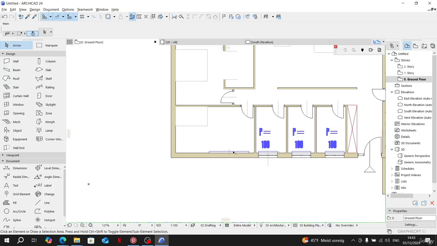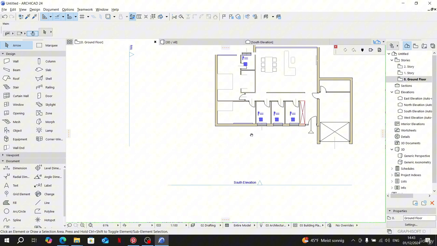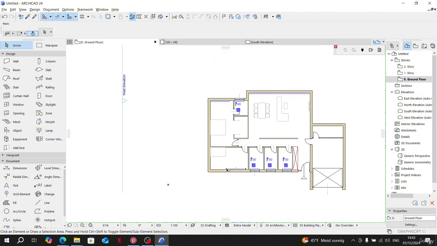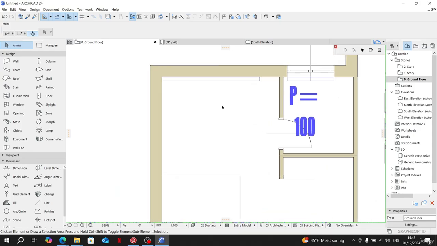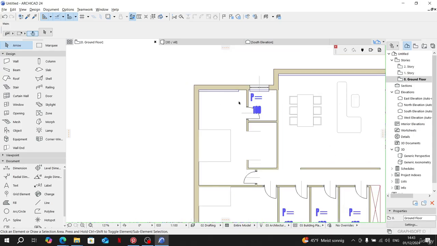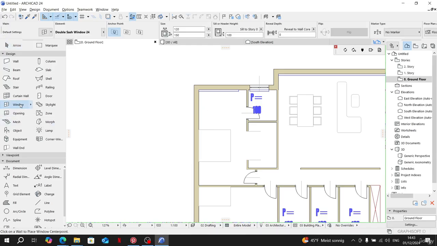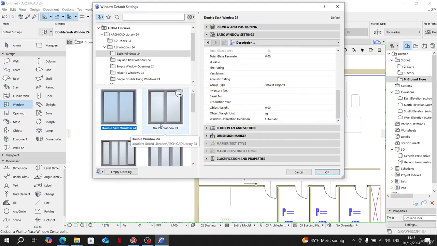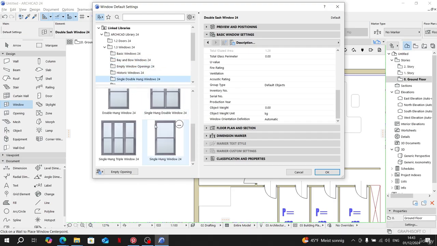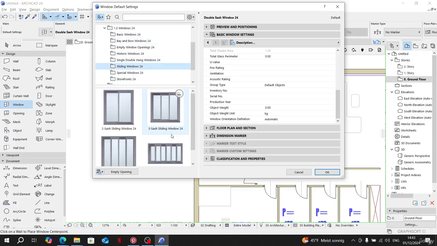What I would like here is a big window to have access to the garden, so from the 0 point of our floor to the ceiling we need a window. So let's go again to our windows. I would prefer to change that, maybe to the sliding window,